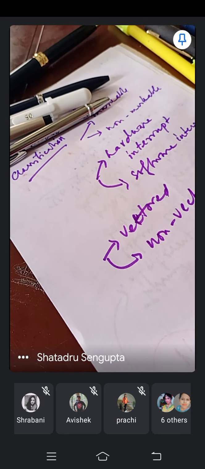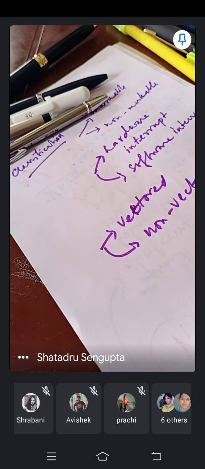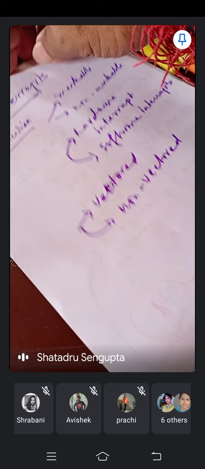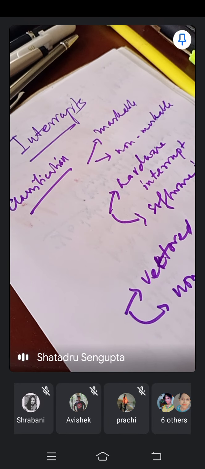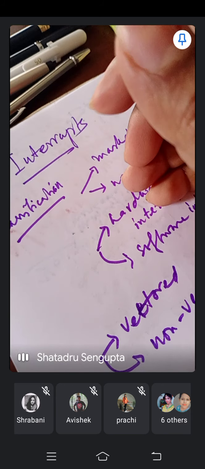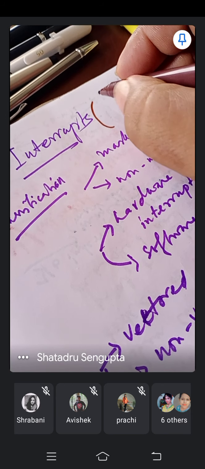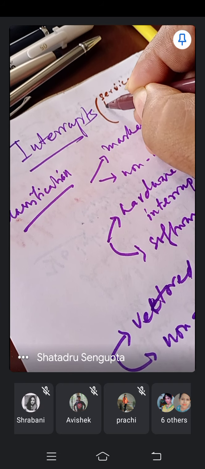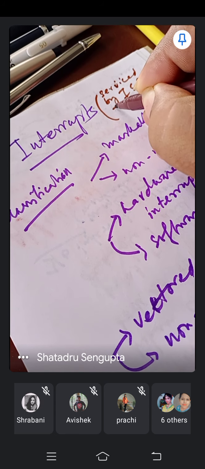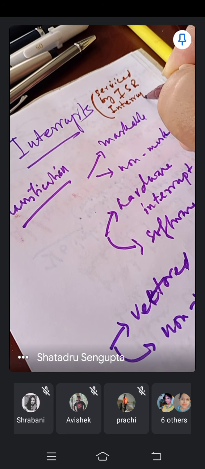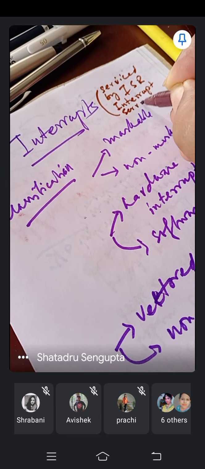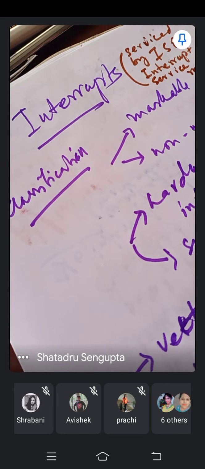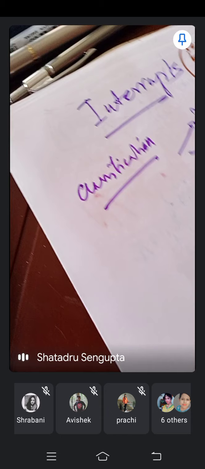Very important concept. Vectored means, see, these interrupts are serviced by something called the ISR, interrupt service routine. Routine, as you know, is nothing but a function. Routine or subroutine, whatever, is a function. So it is basically like this,